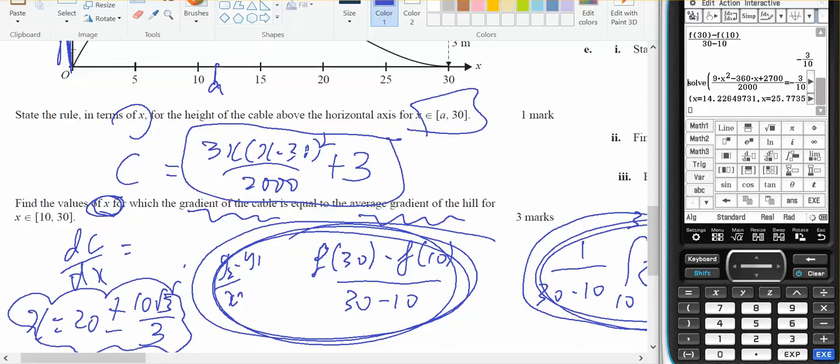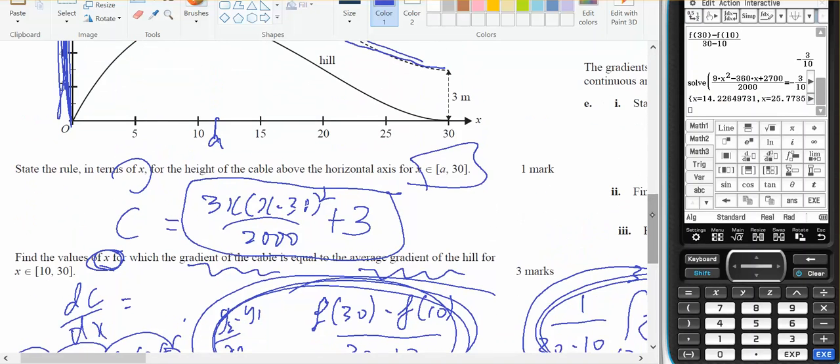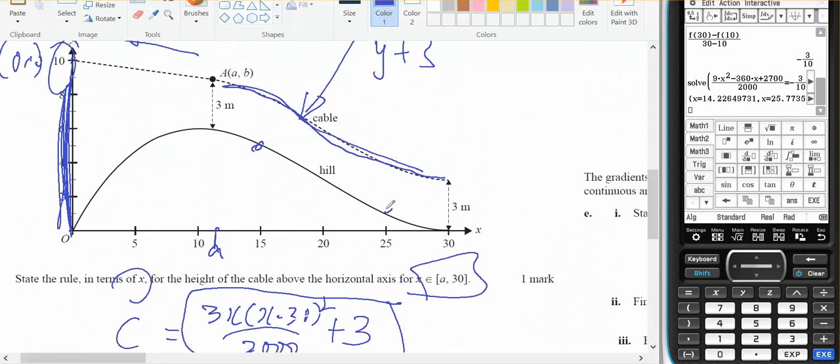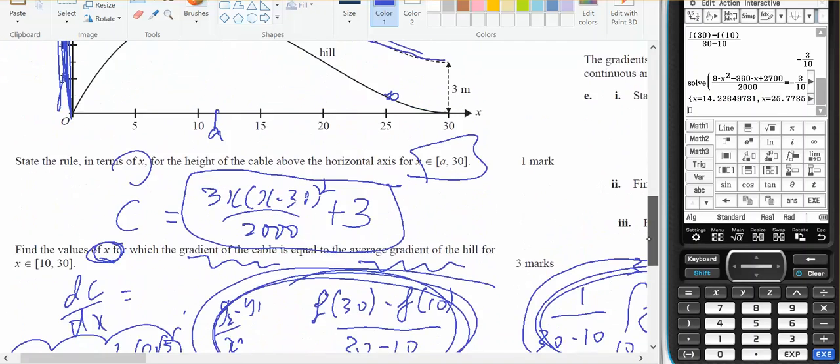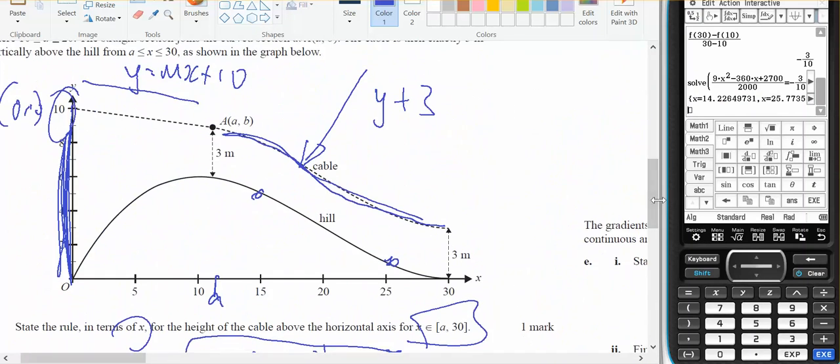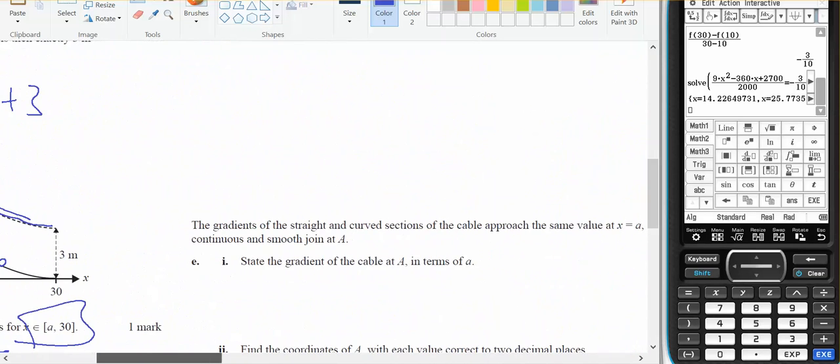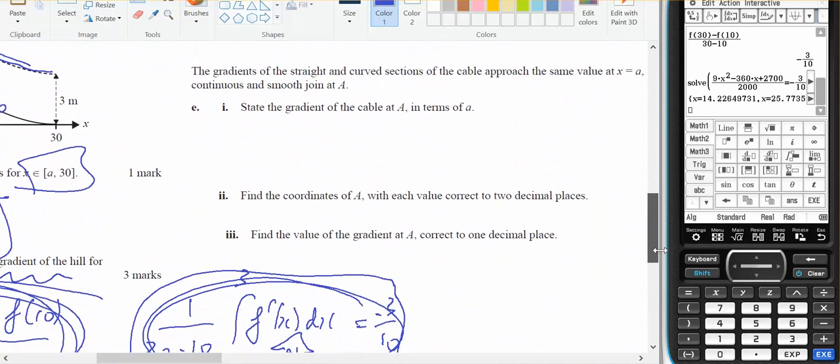And just interested, where are they? 14 and 25. Okay, so that's nice. It's going to be around about here and here. That's where the two gradients are equal to -3/10. Okay. Now we're looking at the last three bits,